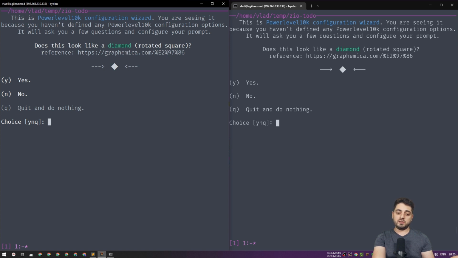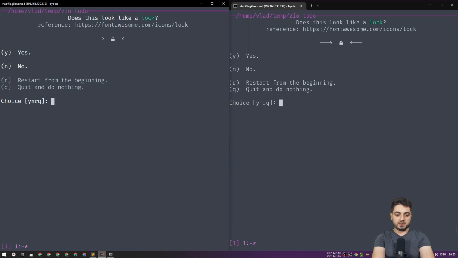So by default, when it runs, it notices that you don't have the configuration file, which is in your home directory, and it's called .p10k. And if you don't have this file, it's going to run you through this wizard. This task is pretty much to check whether you have a good font or not. And if you don't have a good font, basically, if I say no, let's actually try to say no. I think it will